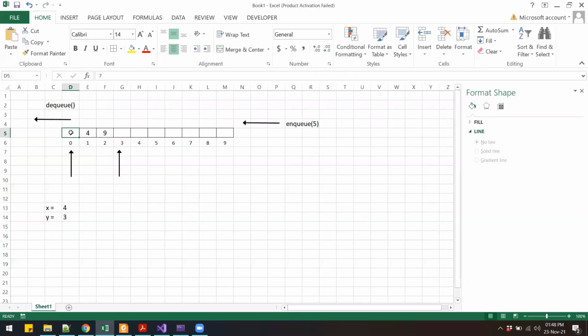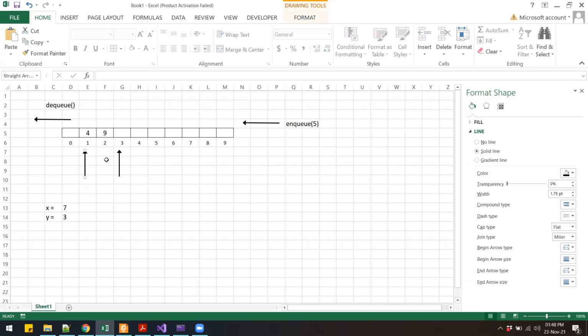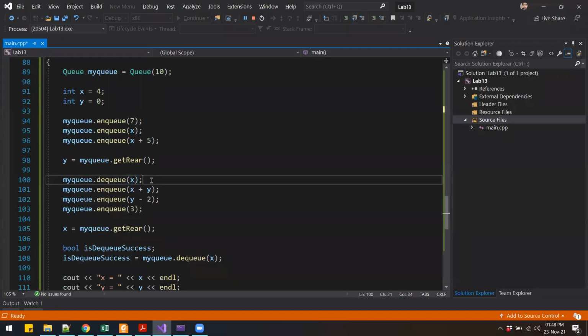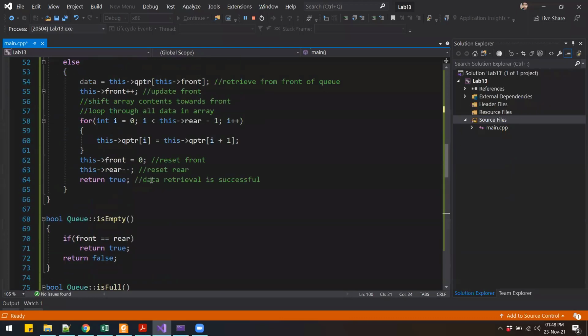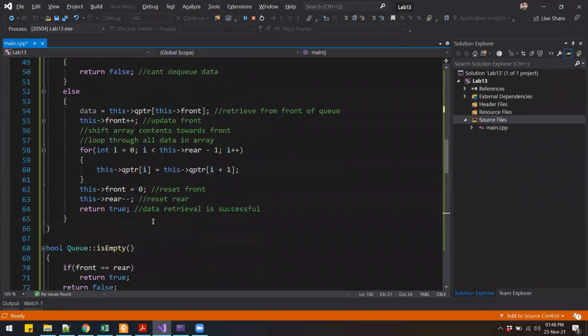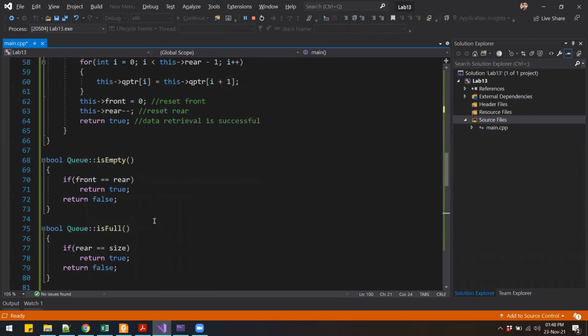And since we are passing x, we will put that 7 in our x variable. So x becomes 7. 7 goes away, and the front pointer will shift to 4. If you recall the implementation of the dequeue function, we are doing some shifting over here.